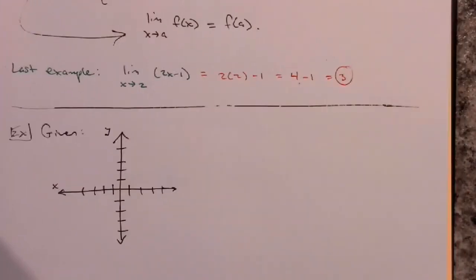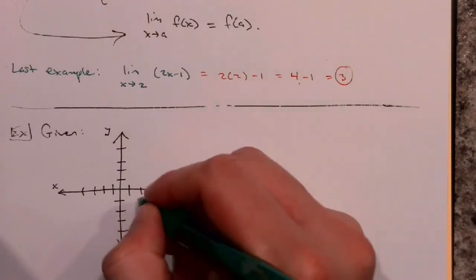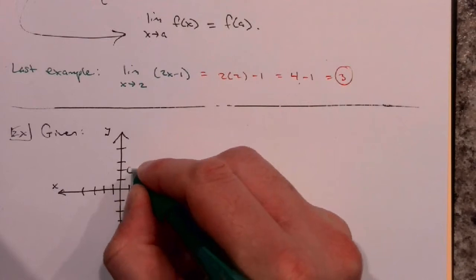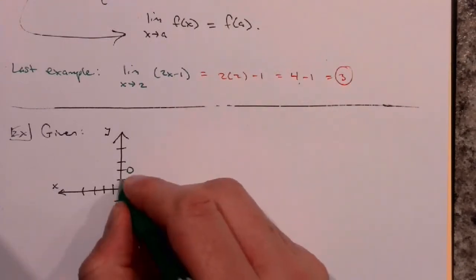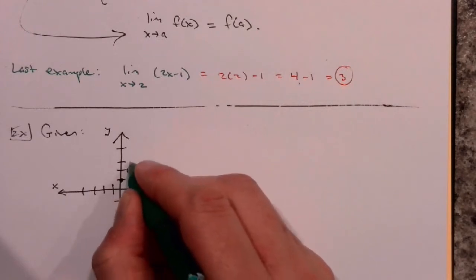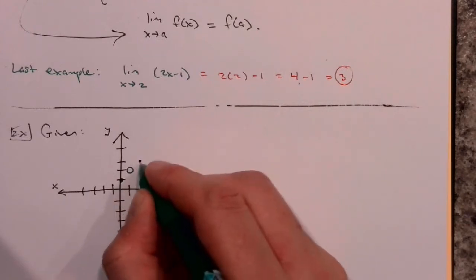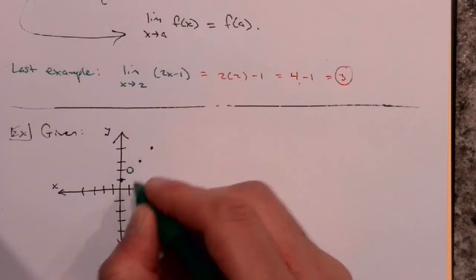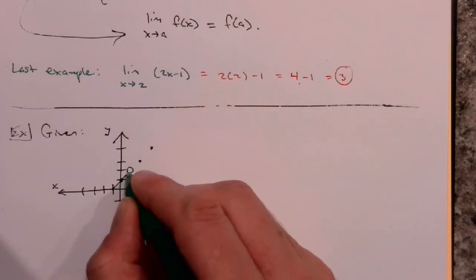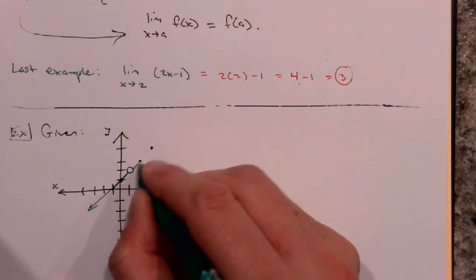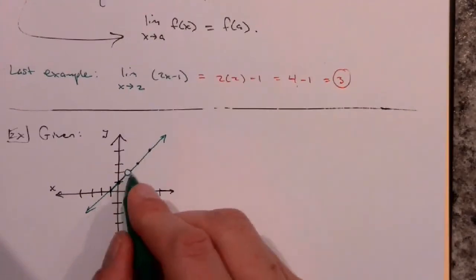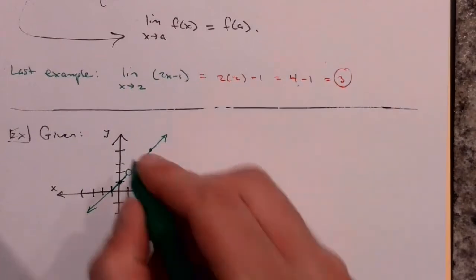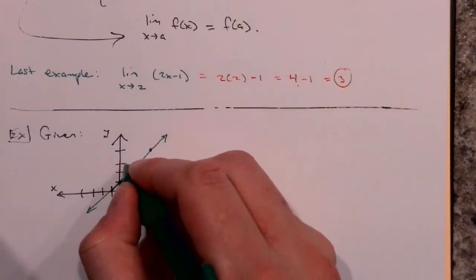This sketch will have a hole at the point (1, 2), so an open circle there. And then the graph will just go up 1 over 1, down 1 over 1, so there'll be a line. It'll look like this. There's a hole at x equals 1, with the y value of the hole being 2. And then I'm also going to have this point here on the graph,